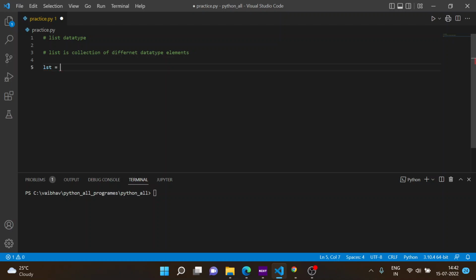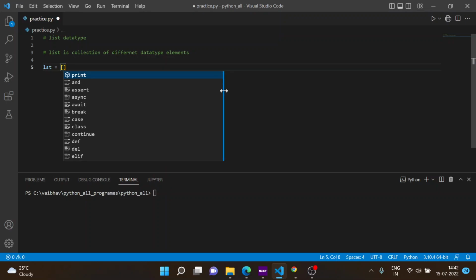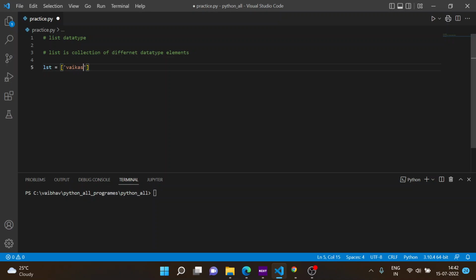So we can declare a list like this in a square bracket. Now the first element I am declaring as Vikas, it's a string. Then the second element I am declaring as 22, that is int. And the third element I am declaring as 33.1, that is float. Like that we can declare n number of elements, let us see here Harish,